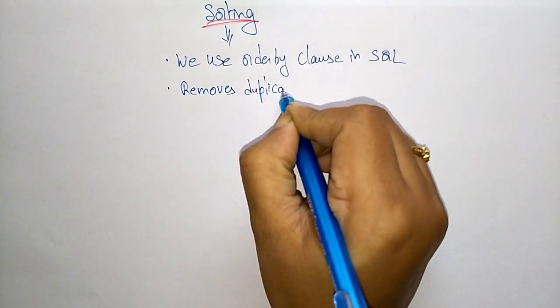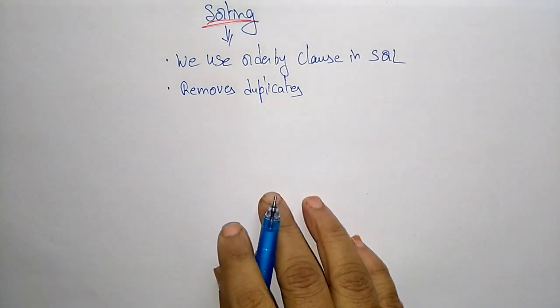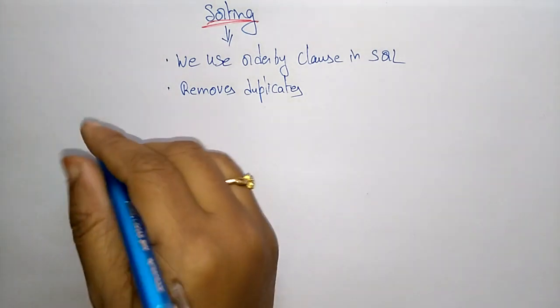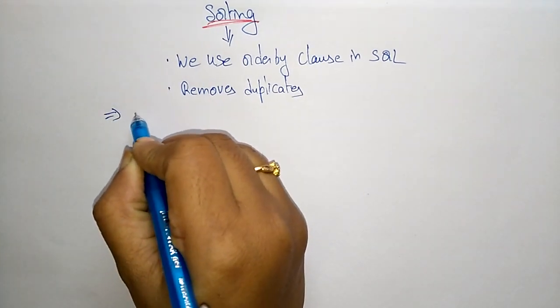duplicates. So whatever duplicate values are present in the database tables, those will be removed with the help of this sorting. So why are we using sorting? Sorting is used for quicker execution of operations, for fast